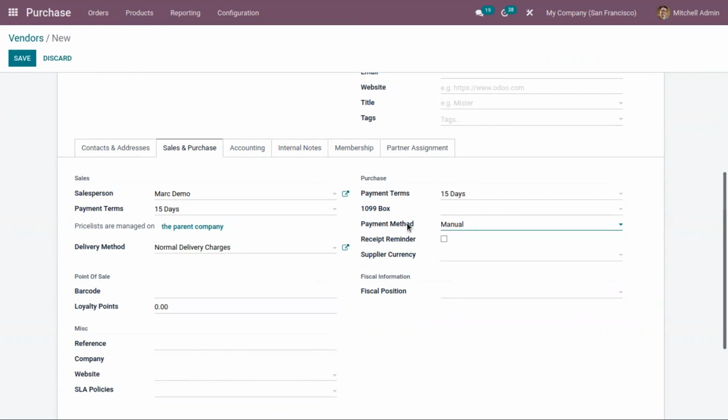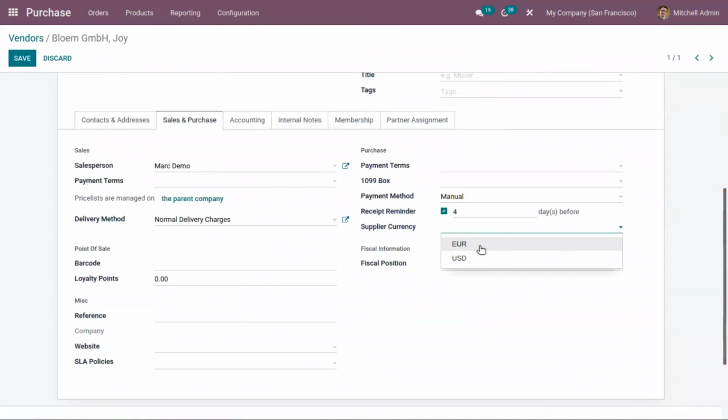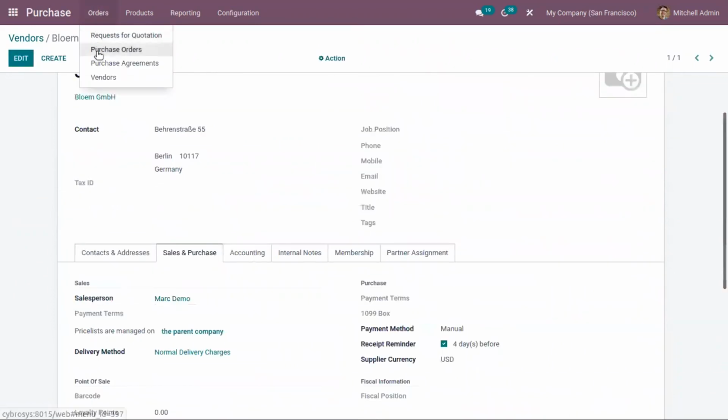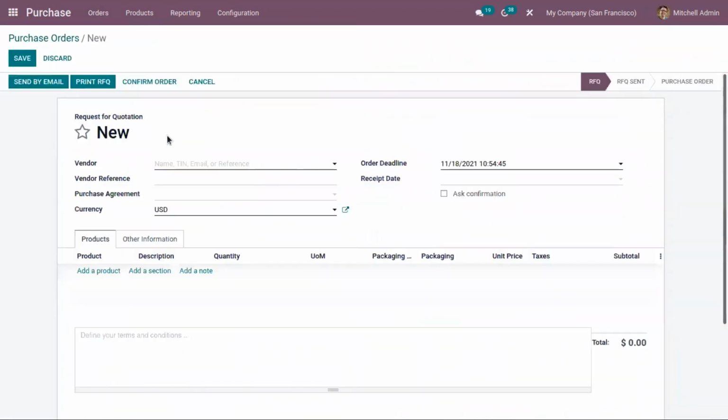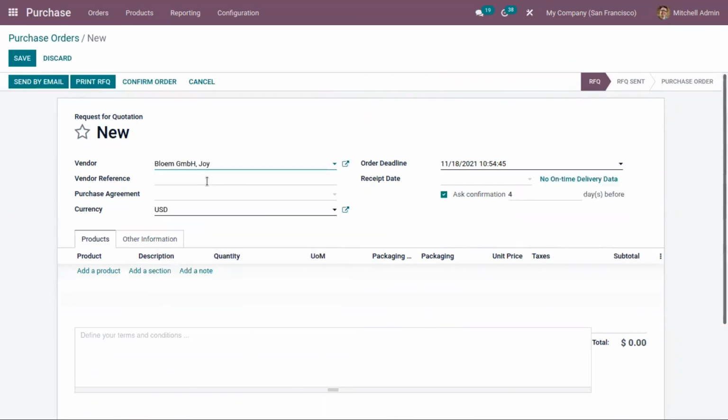Payment method, I'm setting the default one as manual. Setting receipt reminder as 4 days. Then supplier currency as USD. Now here if you create a purchase order, you can choose a vendor. You can see automatically the details set inside the vendor are filled here.